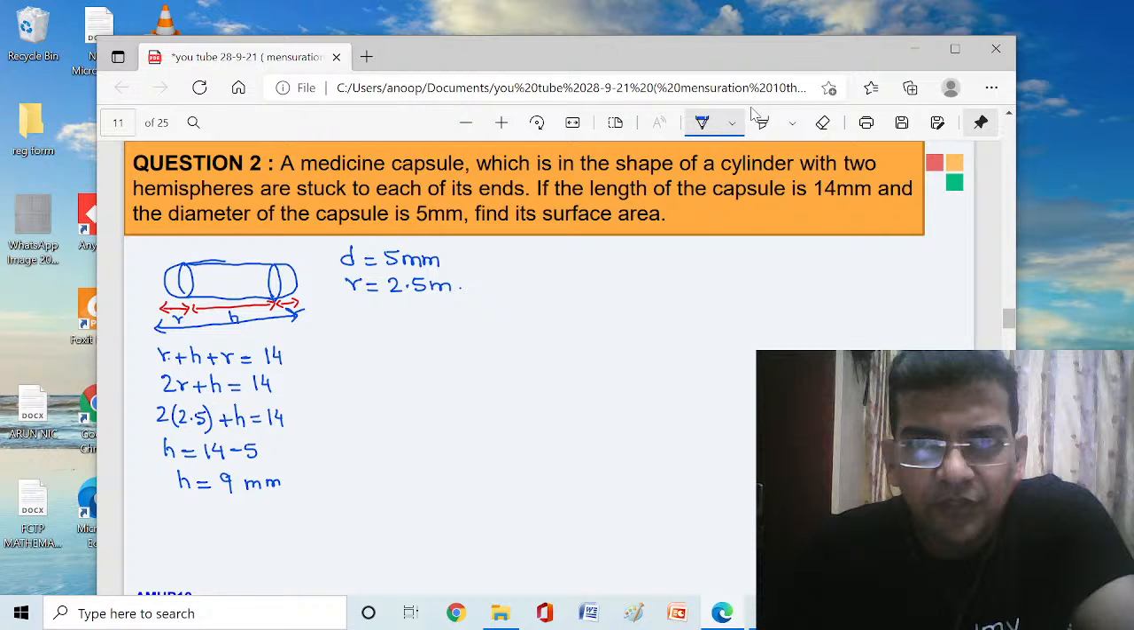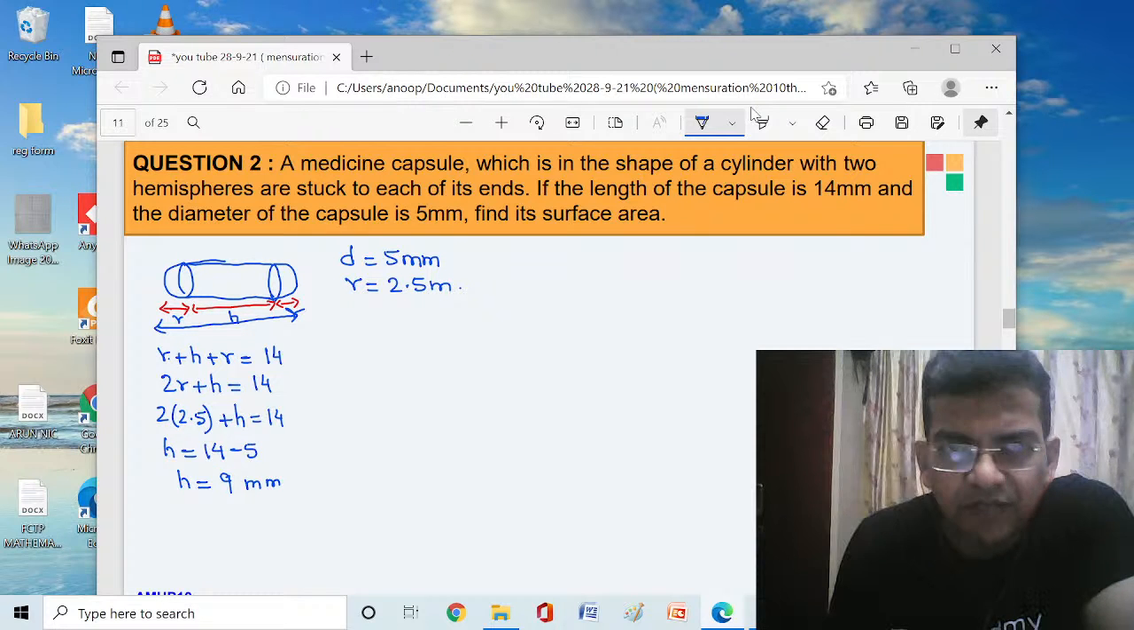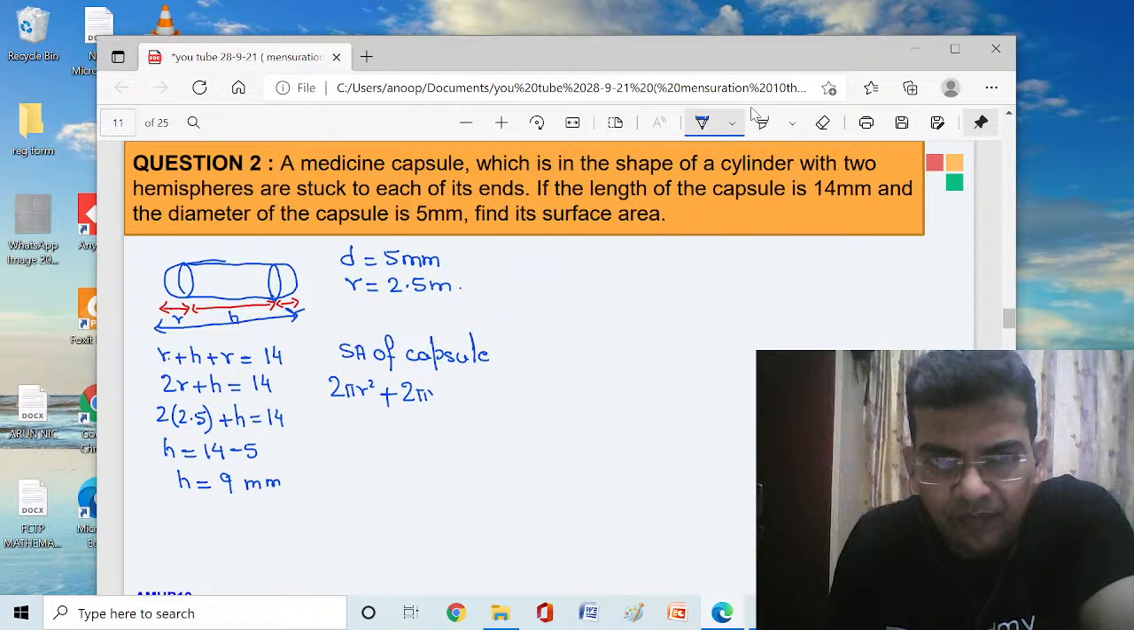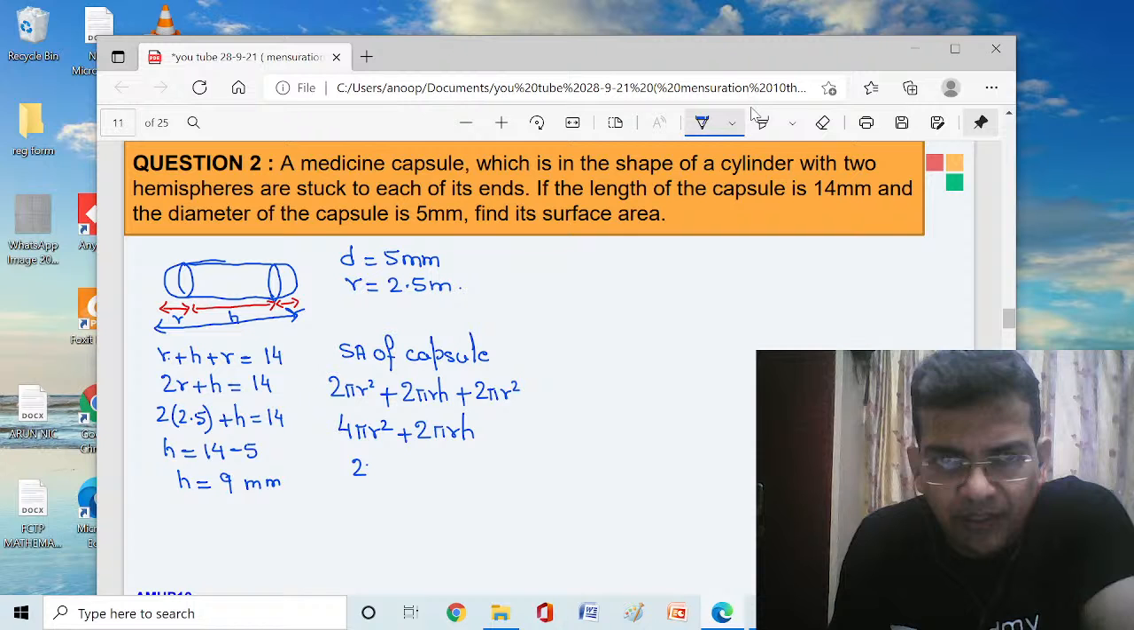Now according to the question, we have to find the surface area of this capsule. Now to find the surface area of this capsule, we have curved surface area of hemisphere, that is 2 pi r square, plus then we have the curved surface area of cylinder, plus again the curved surface area of the hemisphere. So we are getting 4 pi r square plus 2 pi rh. So taking 2 pi r common,